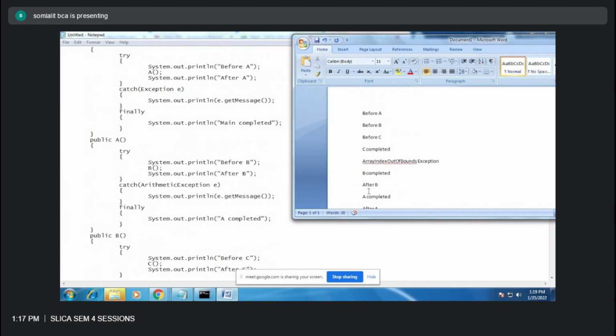Are you getting it? Until it gets a matching exception, it keeps going to the calling method to look for those exceptions. That's how it matches the catch block. If it is not present in the C function, it will